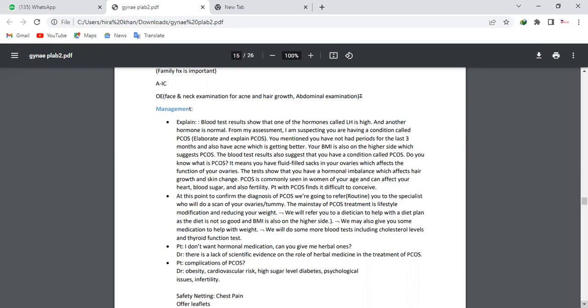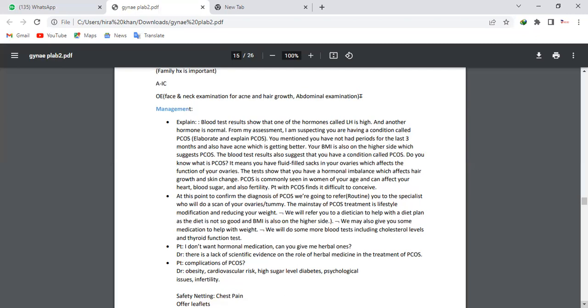So what we are going to do is, first of all, there are a few dietary modifications that you have to make. Always try to have a balanced diet, avoid spicy or oily food. And also, I can refer you to the dietitian who can give you a proper dietary plan. What do you think about that? All right. And then explain that you need to do some exercise as well, because that's going to really help you in getting better out of this disease. Are you following me?